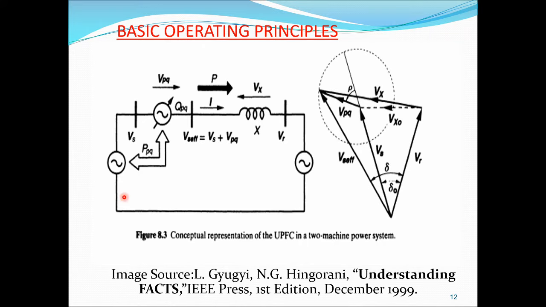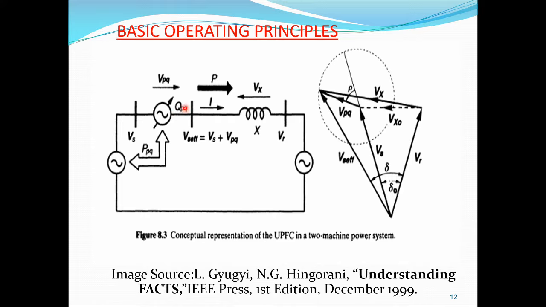We all know this is a two-machine power system, with a sending end side and a receiving end side, and some reactance X. From this diagram, I would like to have some injection of a source, a variable injection here, that can carry some voltage VPQ, and it can have some power: active power P and reactive power Q. Observe, active power flows in both directions. It's a variable reactive power, Q.